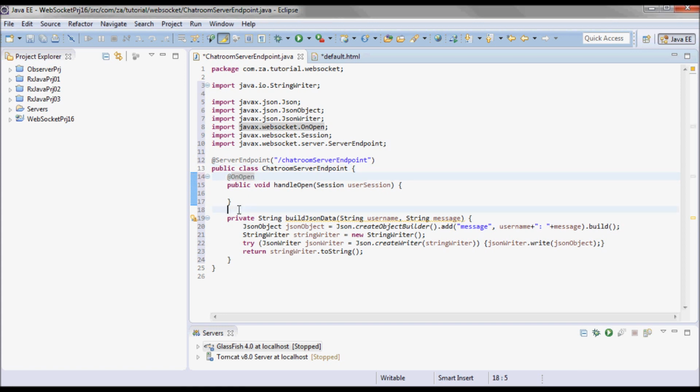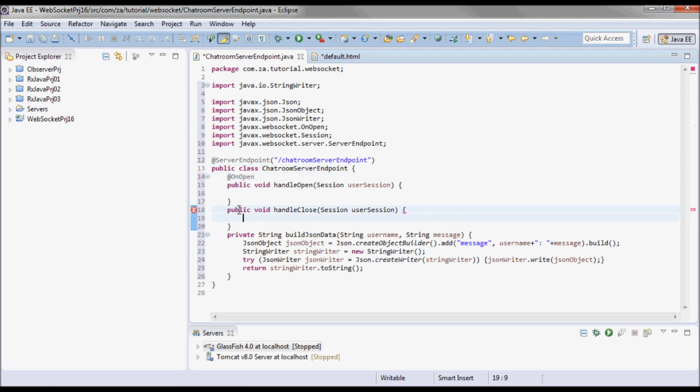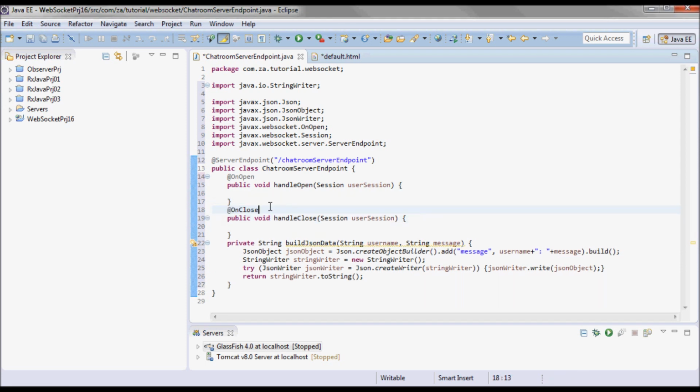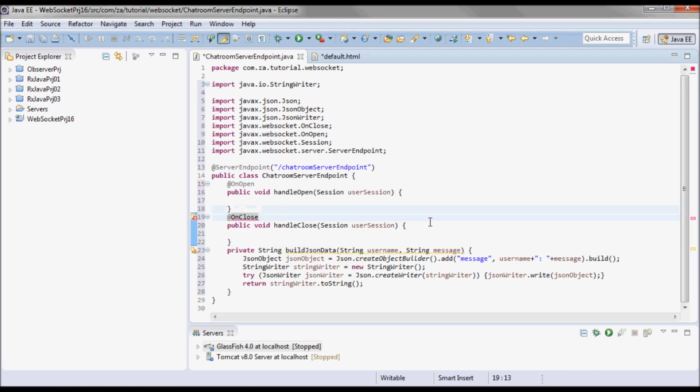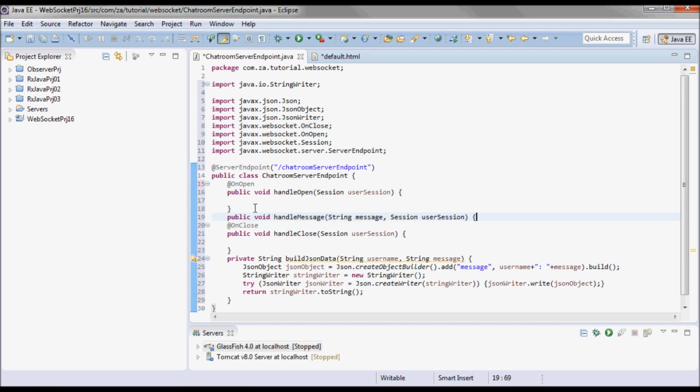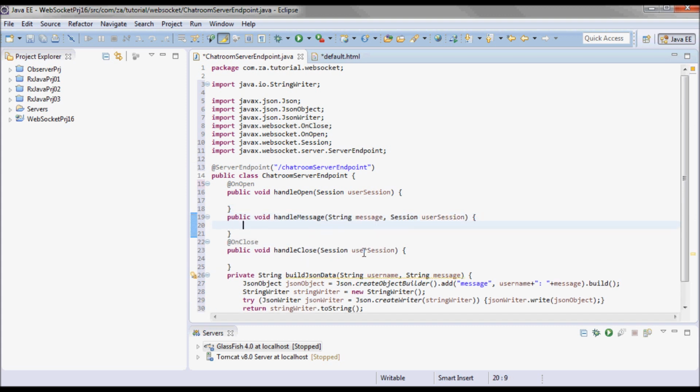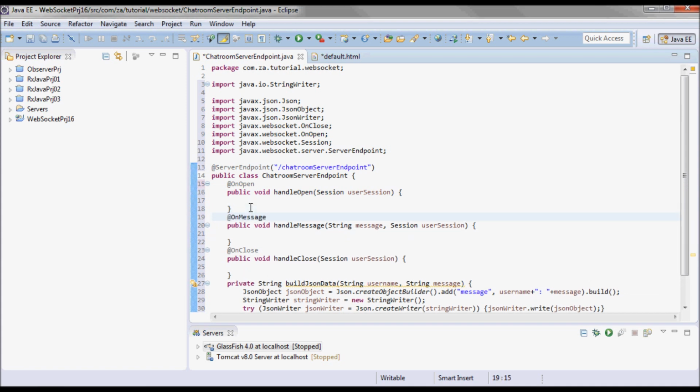And a handle close that is annotated with onClose, and a handle message that is annotated with onMessage.